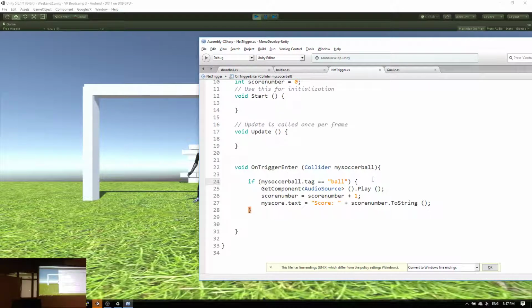Space collider, then put the brackets around there, mark that. There you go. And then